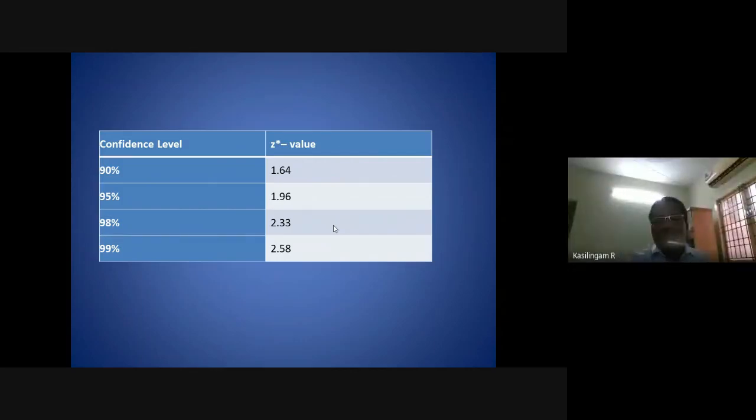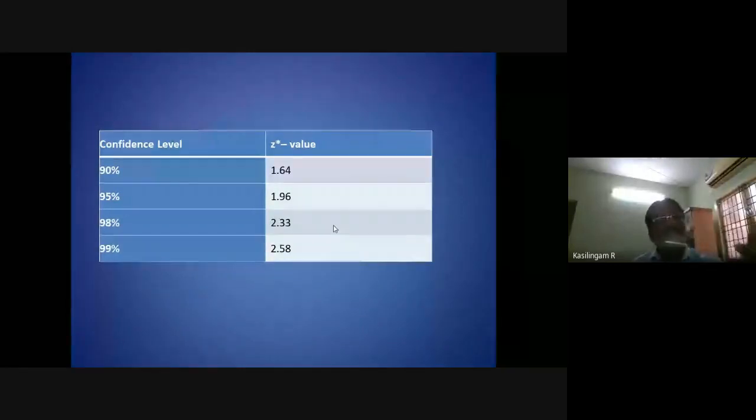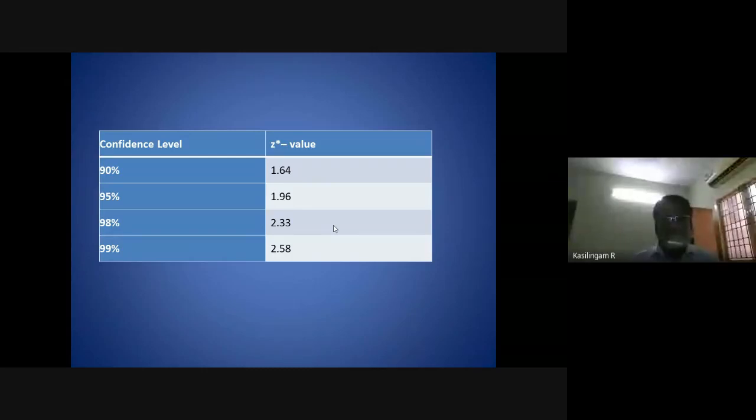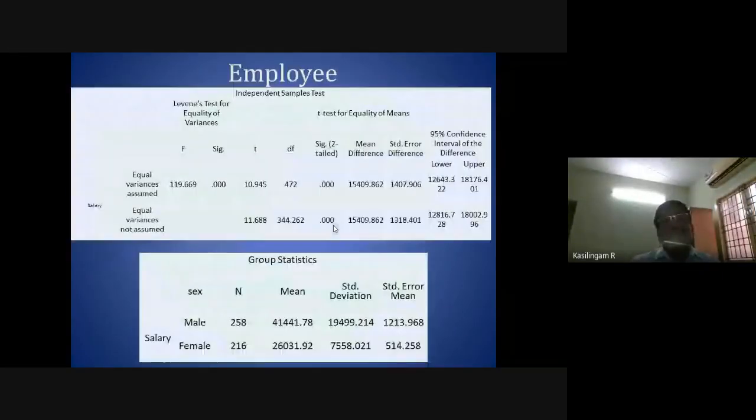If my t value is more than 2.58, then I can say my significance value will be less than 0.01. If my t value is more than 2.58, then I can say there is a difference at more than 95% level of confidence. So, we need to look at the t value. That is why in journals, you have to report the t value.